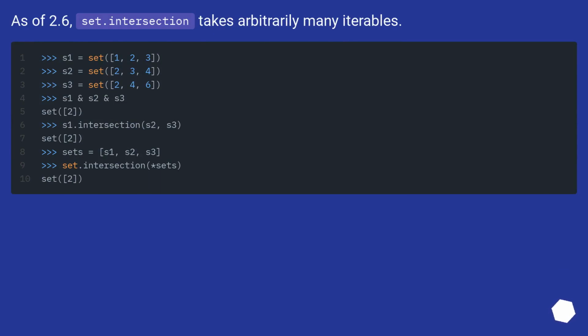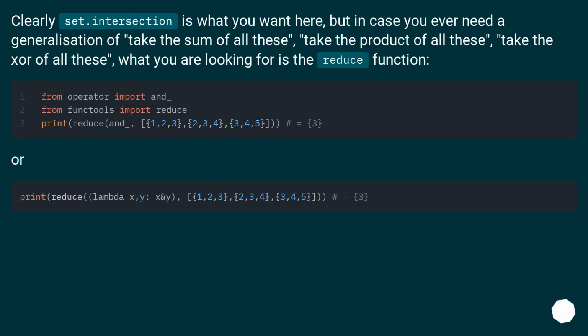As of 2.6, set.intersection takes arbitrarily many iterables. Clearly set.intersection is what you want here, but in case you ever need a generalization of take the sum of all these, take the product of all these, take the XOR of all these, what you are looking for is the reduce function. Or